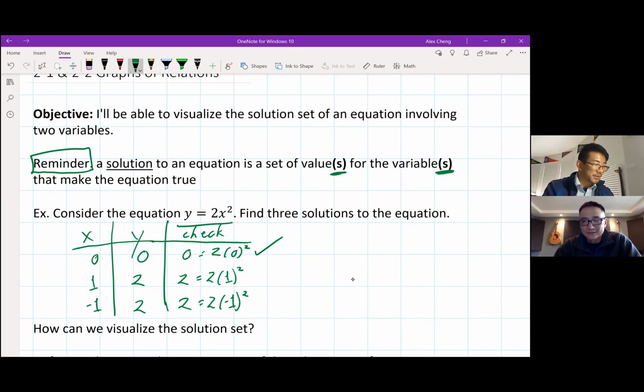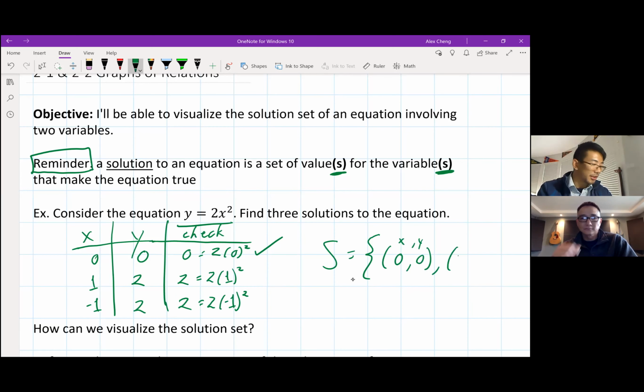So the question is, folks, if I was writing out my solution set, we could write them out as coordinate pairs. You remember? So 0, representing x, and 0 for y. That is a solution. I can write down 1, comma 2, and so on. But since there's so many, well, you're going to be here a long time if we were to write out that entire solution set. So it's probably easier if we can show it a different way. Here's what